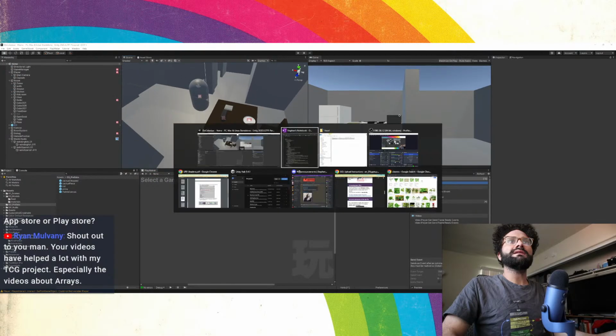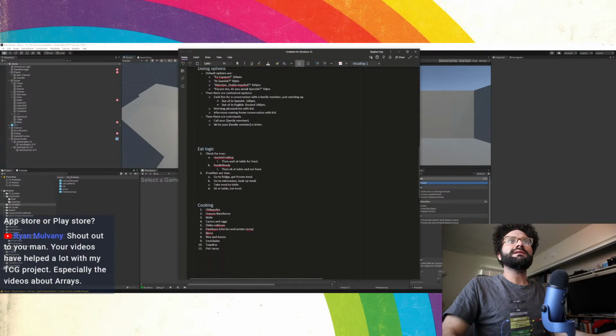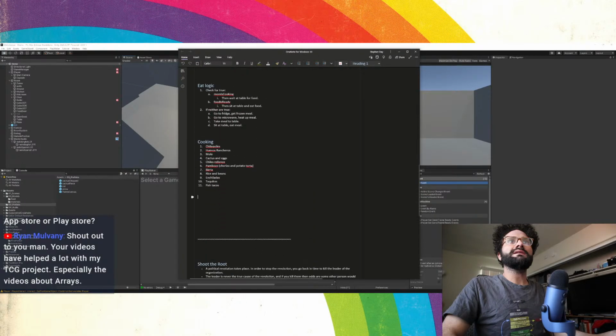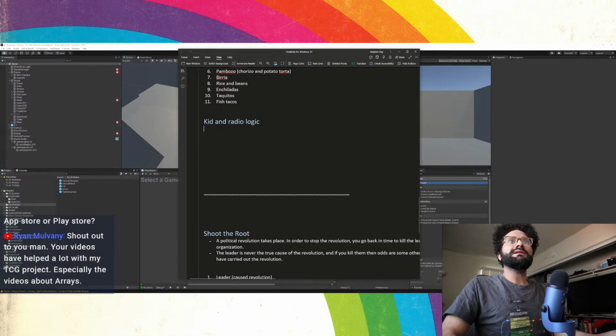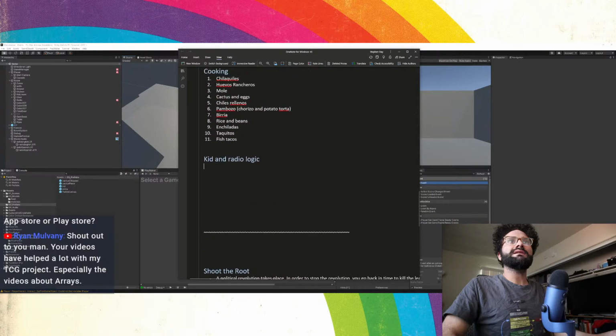Let's actually write out the logic. Okay, so we'll write down... So this is kid and radio. Sorry, I can't see my keyboard. Yeah, fix this. Kid and radio logic. Okay, so what we want for this, let's do a little bigger so we can see, right? The kid and radio logic says, let's see,